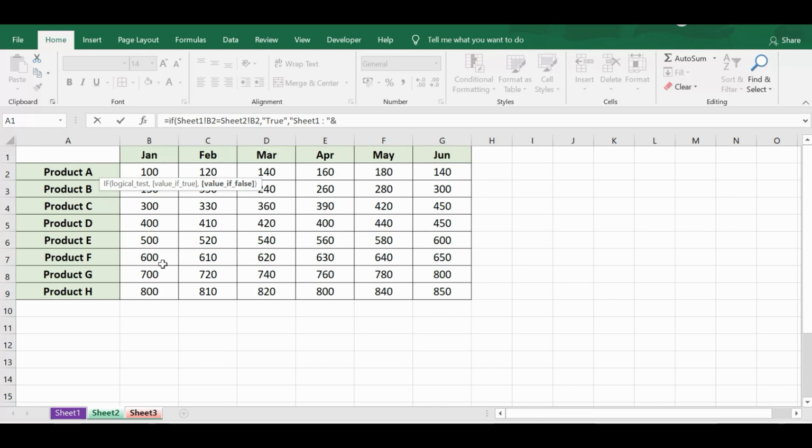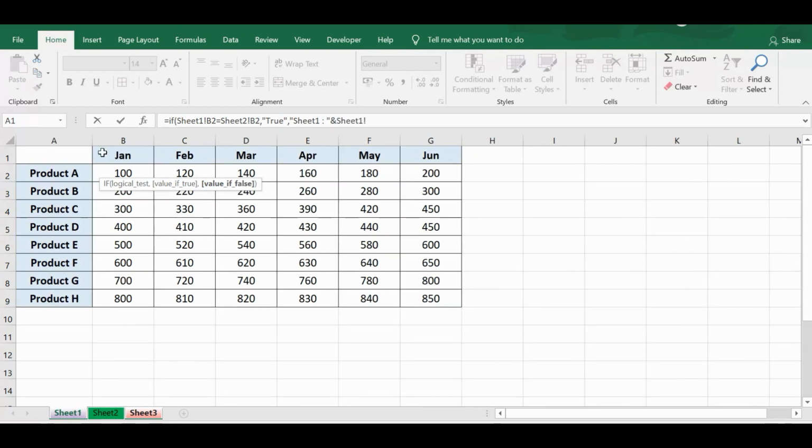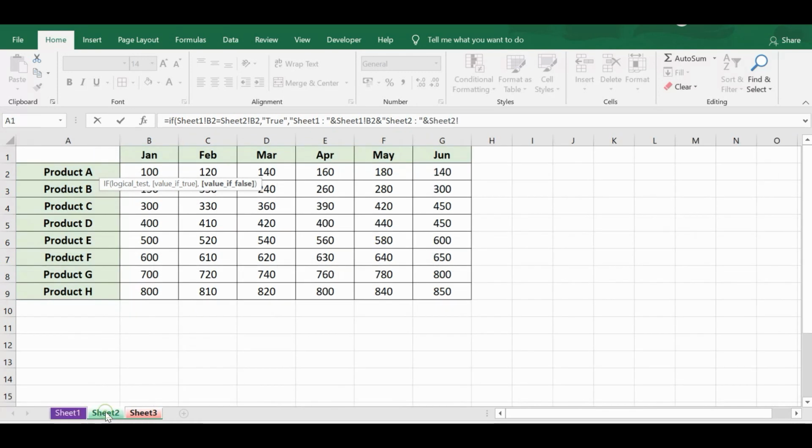Then one ampersand sign, and then I will select sheet 1 cell B2, then one more ampersand sign, and a static value I will write, sheet 2, colon, space, inverted comma, and then one more ampersand sign, and manually I can go to sheet 2, select cell B2, close the bracket. So this is the formula.